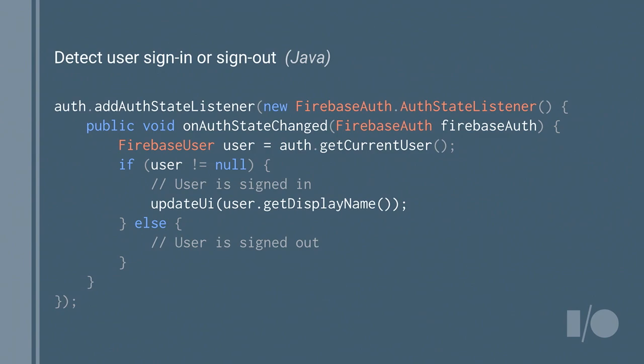The way that you do this in Firebase is you set up a listener on changes on the authentication state of the application. And once the event is triggered, you react to the change in the sign-in state to update your application. In this case, for example, we could personalize the user interface of our application by using the display name that comes from the signed-in user. So this is useful. With this, you can personalize the UI and make the application feel better for your user.